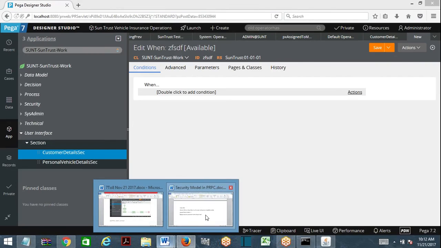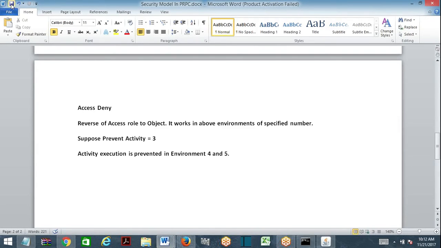So let's look at the differences between all these things: access role, I mean role to object, privilege, and access when. No need to discuss the other one.